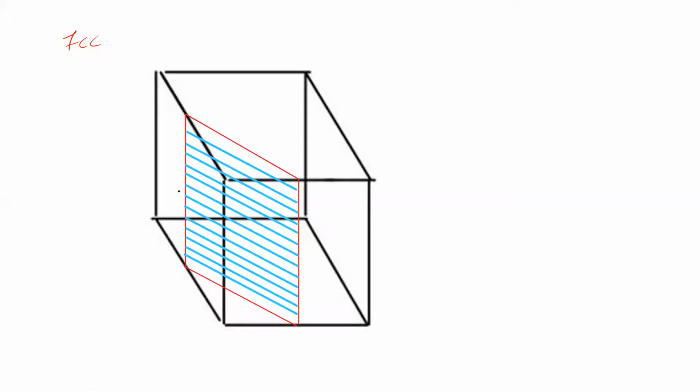Now this is the left side face, we have given the left side face center. This is the front face center. This is the top face center. This is the bottom face center. Okay, and corners are there. Now you know that this plane touches two face centers: the left side face center and the front face center. That's all. So for this plane, what are the intercepts?